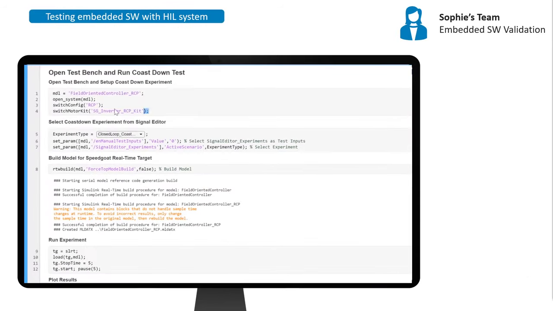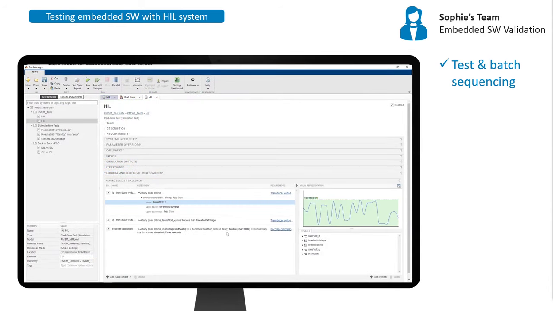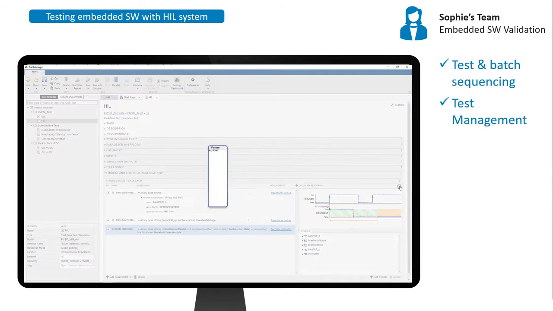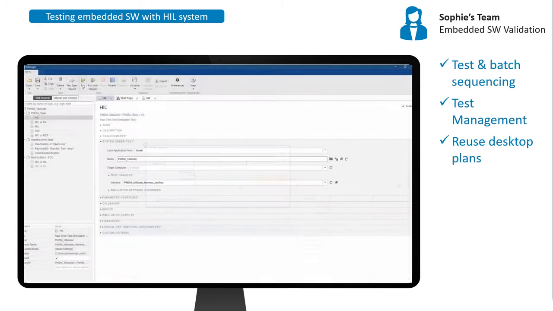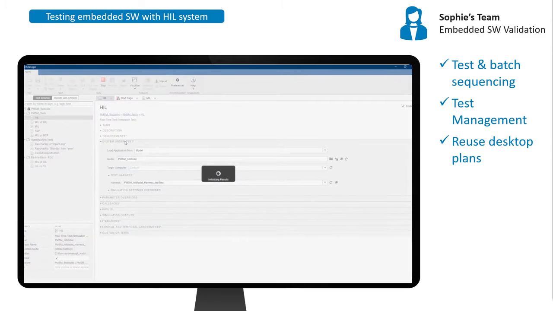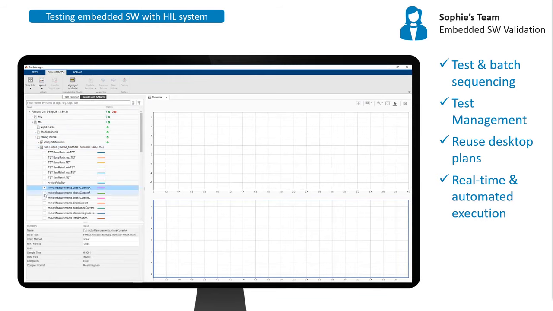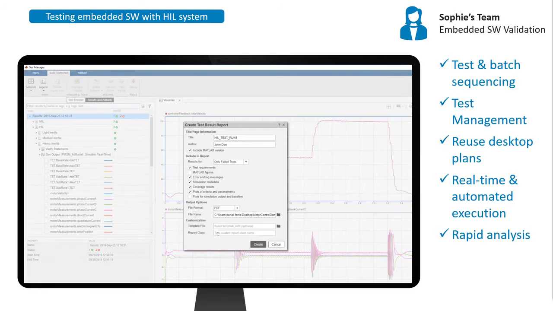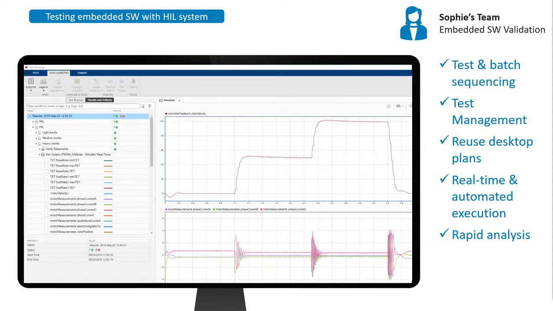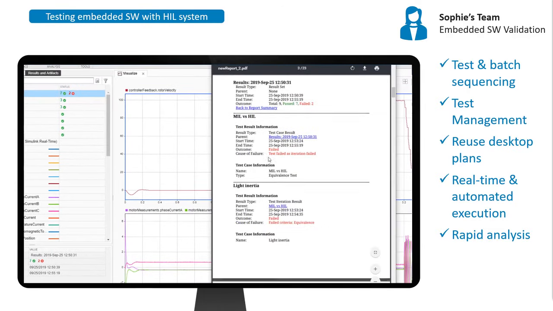In parallel, Sophie's team has been creating scripts to batch and optimize test workflows. Part of the team has been using Simulink Test, which has shown to be a great asset worth its investment. For instance, most of the desktop simulation tests were reused in the real-time runs. Real-time test campaigns were triggered with just a few clicks, and the assertion of results was fast and easy using inbuilt visualization tools. Besides, detailed test reports could be generated automatically. This greatly simplified communication with Corinne's team and helped further expedite software revision work.